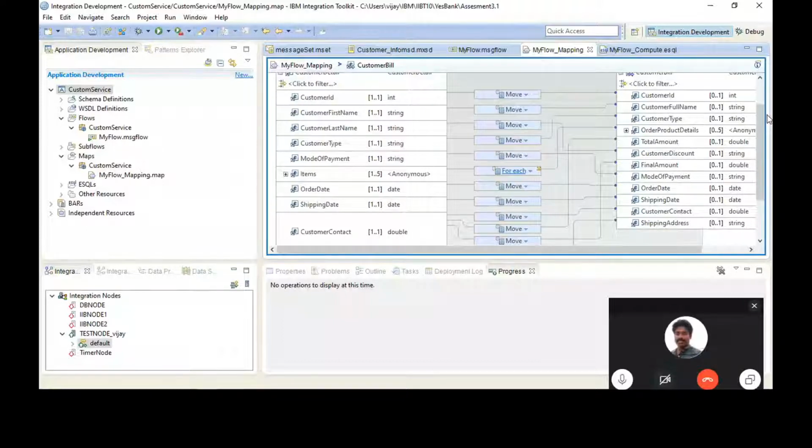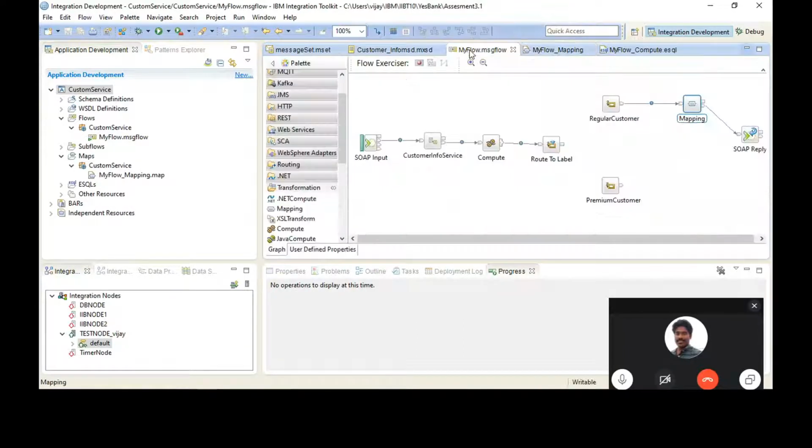Shall I run it for you on the debug board? Hold on, let me take a look. So you have used a move command, which is simple. So customer ID would be flowing through. Go back to your message flow, let me look at the parsers. So you have used a SOAP input node, a few label nodes, and you have a customer info service, and that's the map, isn't it? It's customer info service.